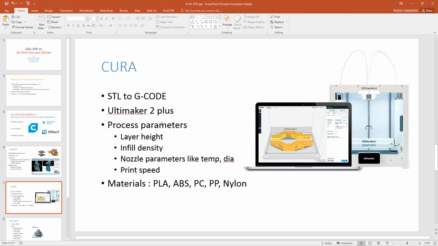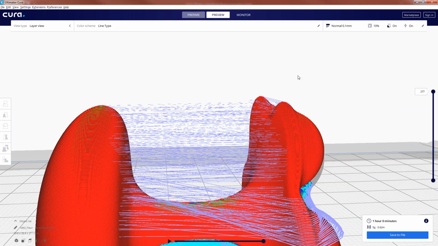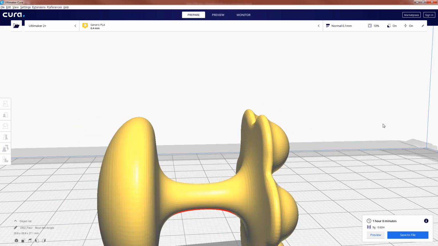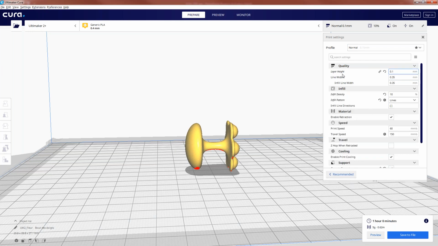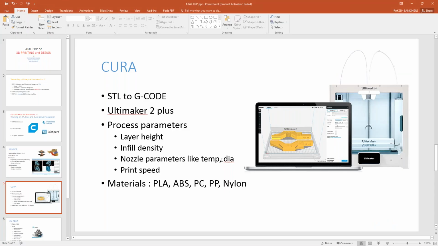So the process parameters we are using here are layer height, infill density, and nozzle parameters like temperature and print speed.